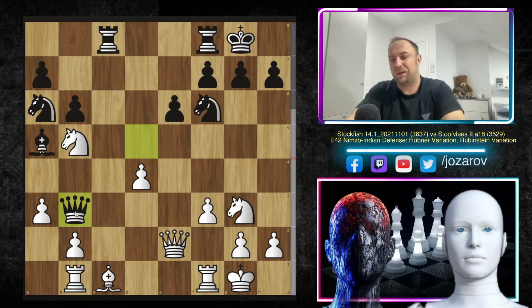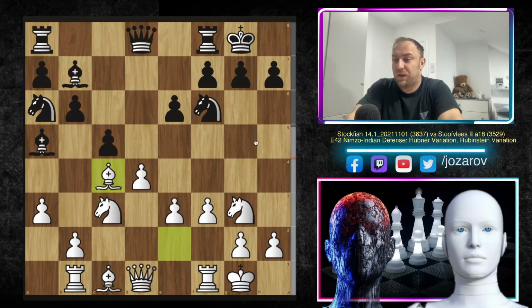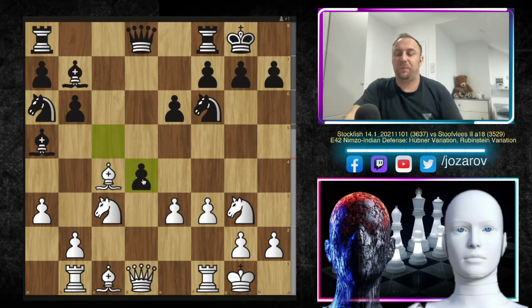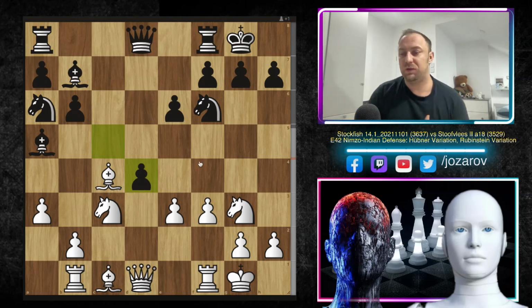Black would be forced to play something like queen to b3, but now knight to a7 happens, and I think white has a much better continuation. The knight on a6 is also weak, so as I said, this is not a good position. It's already a +2 evaluation here for white. So that's why, as I said, here after move bishop takes c4, you cannot take the pawn on d4. As I said, you would love to play that. It would be such a beautiful simplified line for black, but so far Stockfish calculated these tactics very easily and